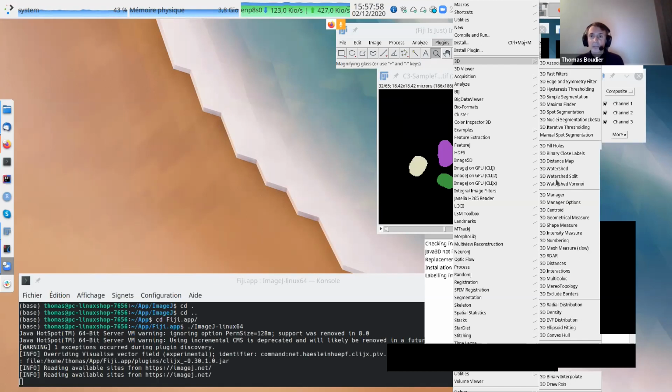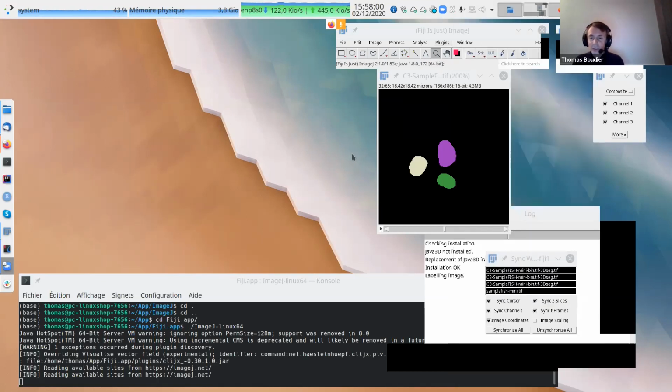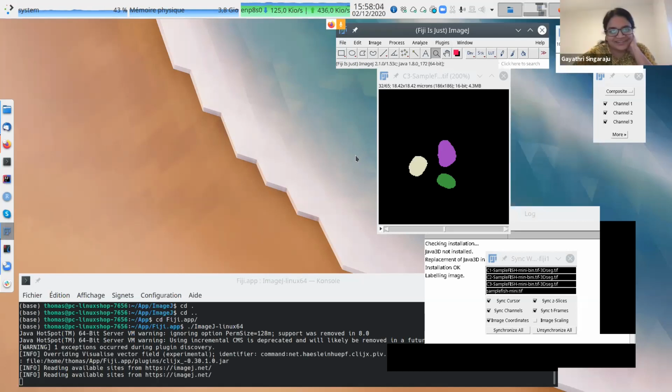Yes, somebody raised a hand. Good, it's working. Please, Gayatri. I just had a simple question: does the geometrical 3D measurement also involve measuring the volume? Yes, we will see.